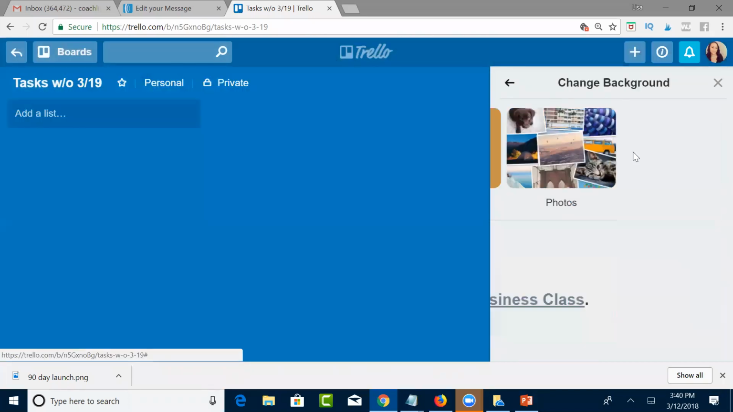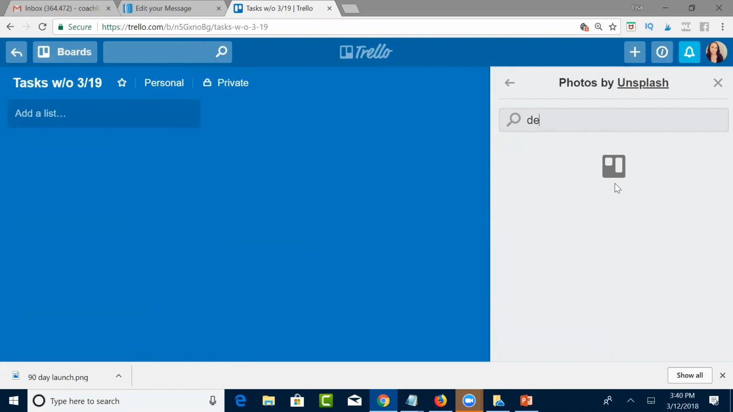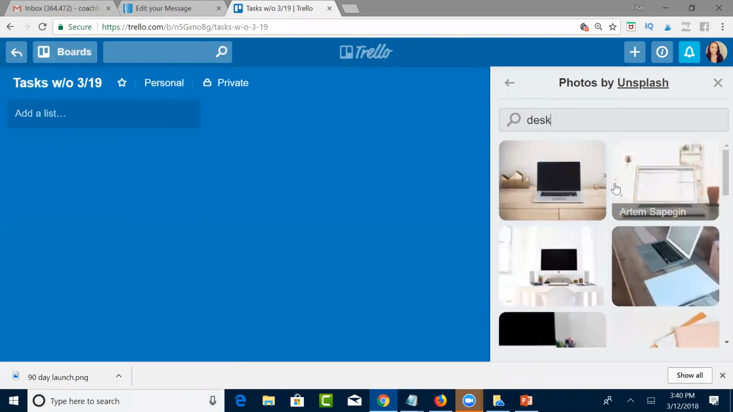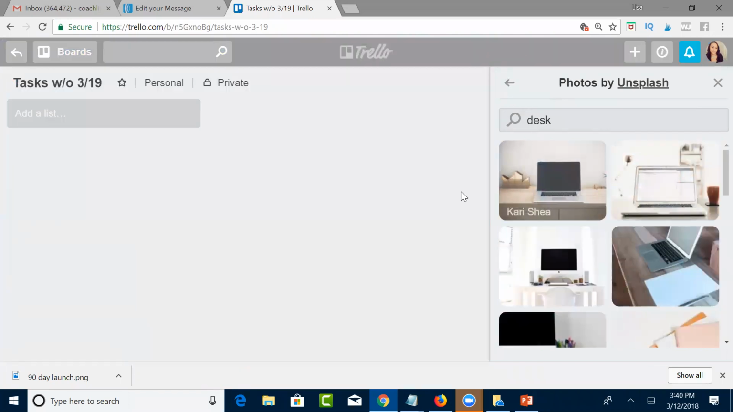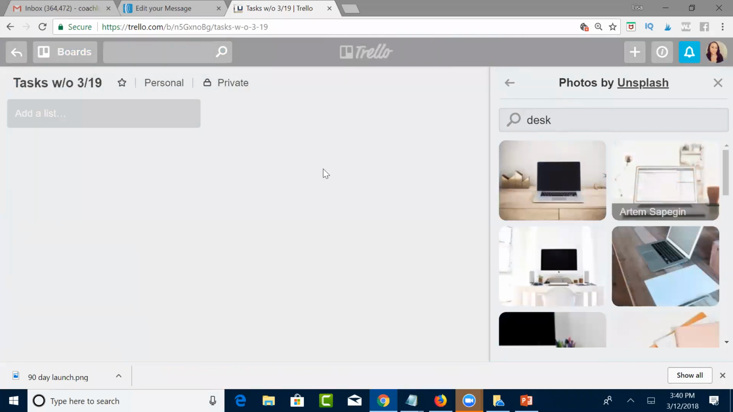change the background to any kind of color. You can even, any kind of background. You can even type something like desk, and it'll pull up some desks. And maybe if you wanted to use that, or whatever the case may